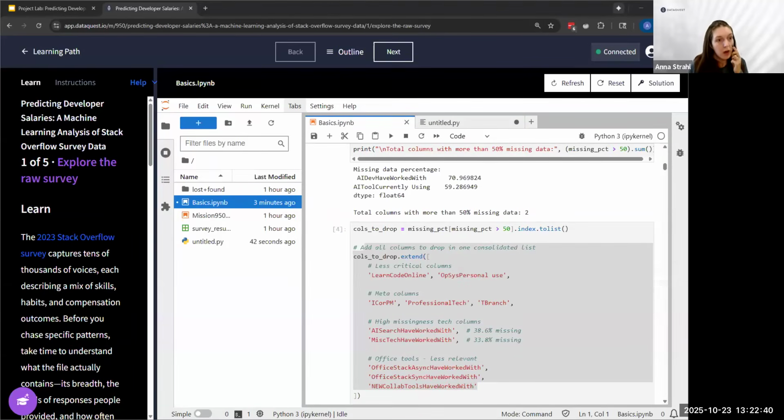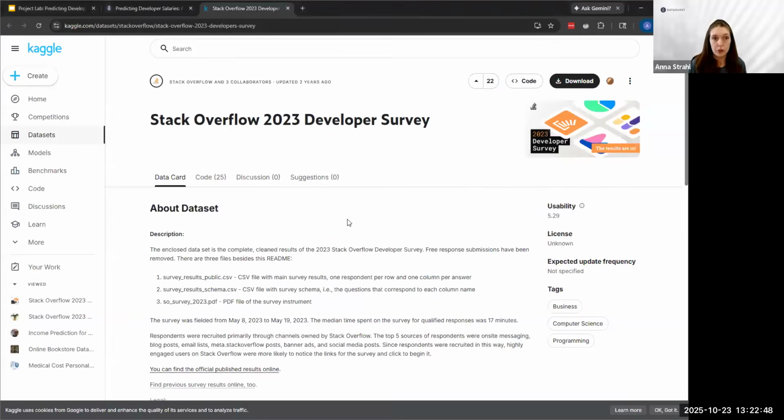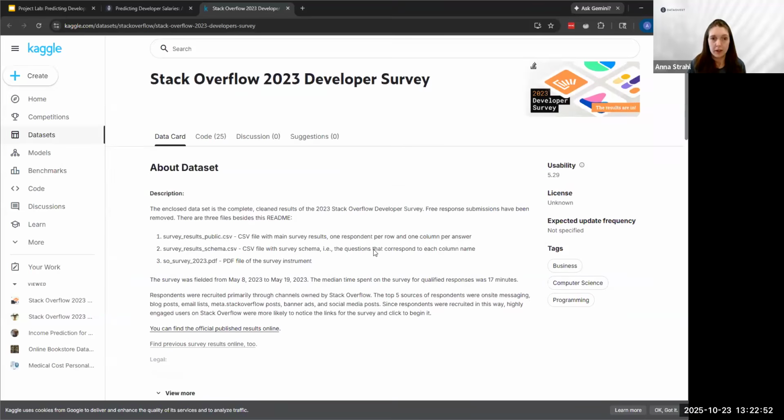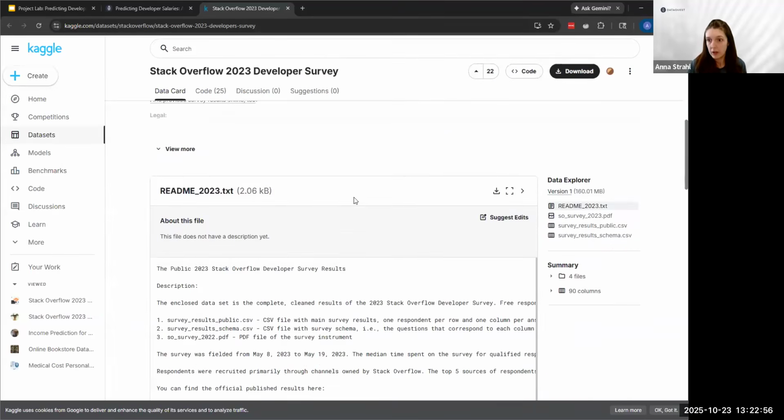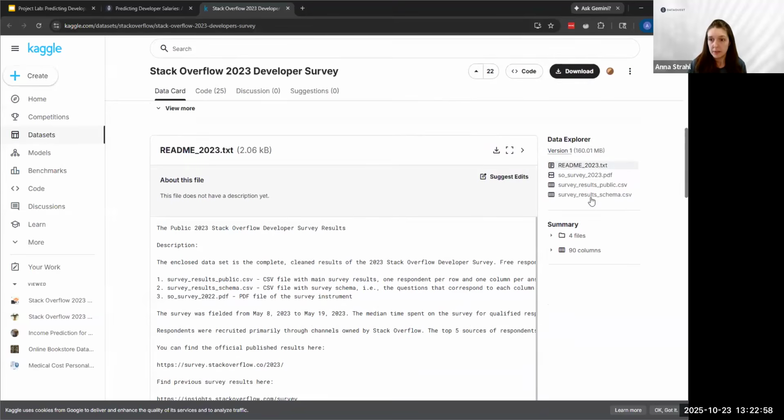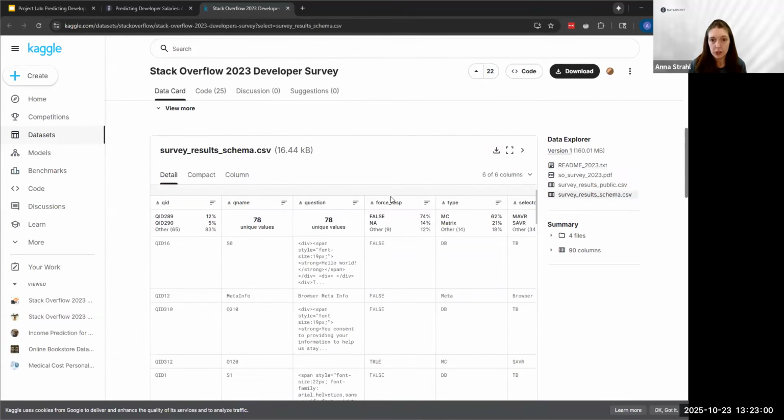Then Timothy's follow-up, are the salaries in the same currency? Yes. I am always a huge advocate of going to the data source to learn about your data set. So this is the Kaggle page for this survey. And you can see they have schema information.